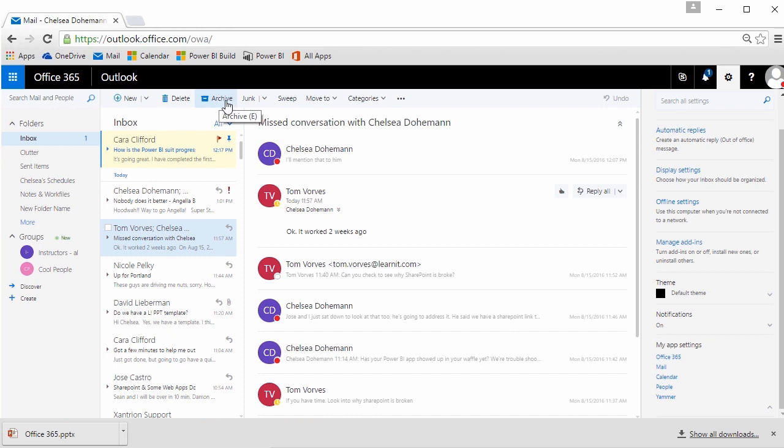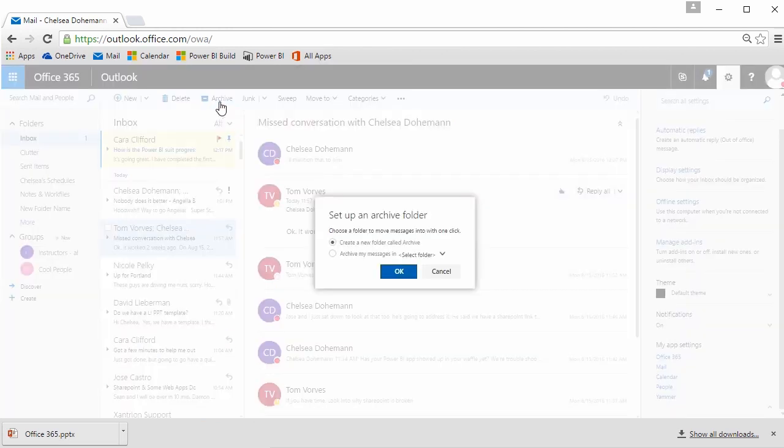It used to be that you had to go back into the backstage view and find your archive features and click on it there and make a bunch of choices, but now we have this quick archive feature. And if you click on your archive button, you can set it up with options to create a new folder called archive, which of course you'll want to do if you don't already have one, and then archive your messages